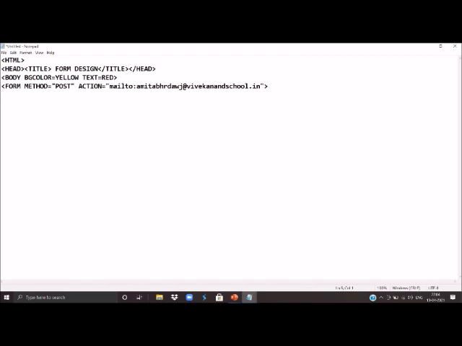After that we will start input controls. Input controls can have various values. First of all, suppose we want to get the name from the user, then we can write a label here as name colon, then we will open the input tag, and type attribute is used to specify the type of input we want from the user.